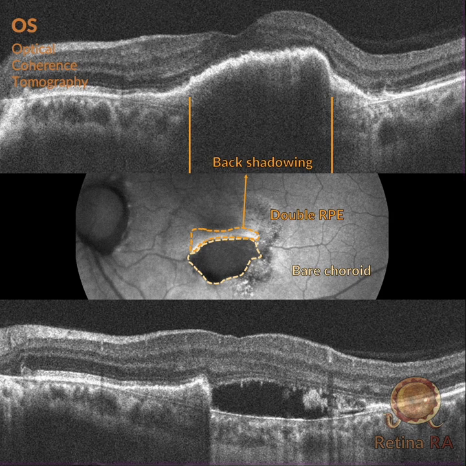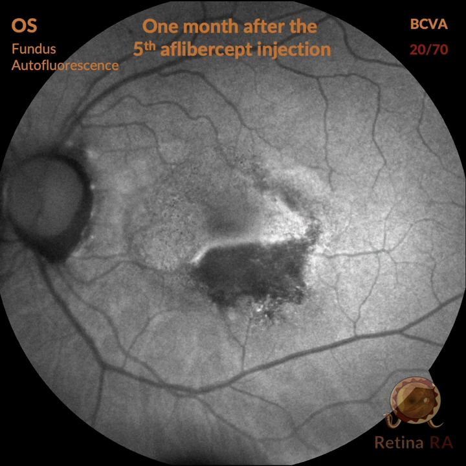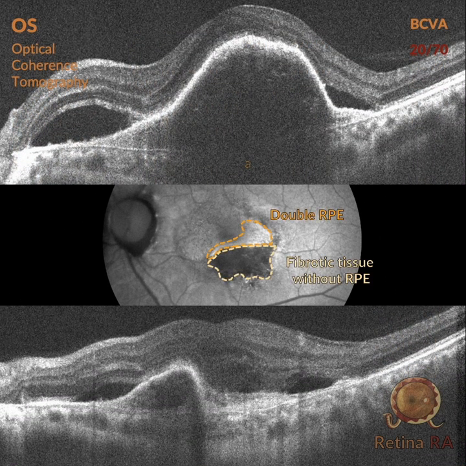The OCT image scanning the inferior of the fovea depicts the absence of retinal pigment epithelium. In the absence of retinal pigment epithelium, the bare choroid area shows hyperreflectivity as a result of deeper penetration. Aflibercept injections were continued. On the day of the 5th aflibercept injection, visual acuity was still 20/70. Although the bare choroidal area cannot be distinguished on the color photograph, it is still distinctly hypoautofluorescent on the autofluorescence